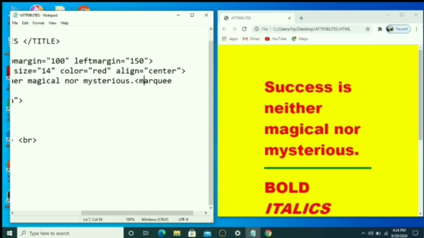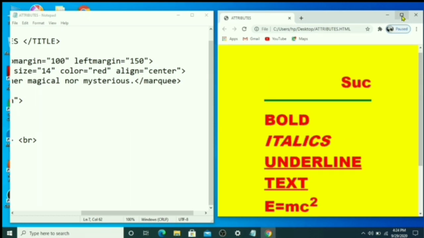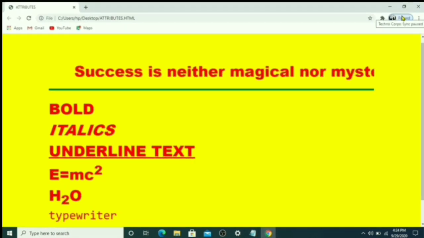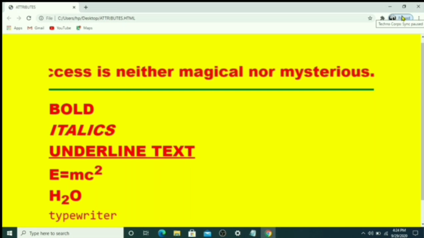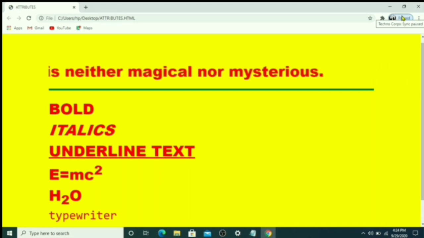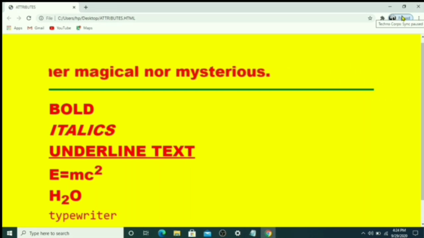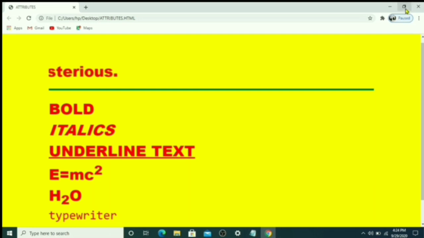Slash should be given here. Now just see what is the output. Okay, so the text is moving as a background. Okay, I hope you all understood about these tags with attributes.